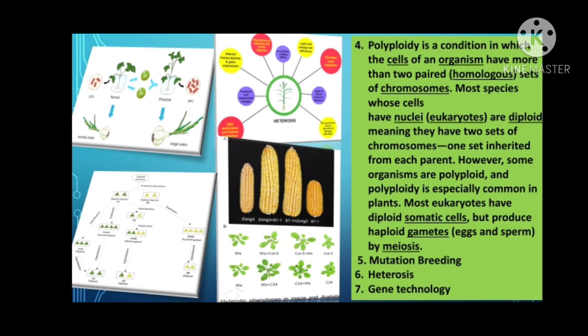Oryzalin also will double the existing chromosome content. Polyploidy in plants. Most of the plants are diploid, that is, they possess two sets of chromosomes. The plant which contains more than two complete sets of chromosomes is called polyploid. Depending upon the number of chromosome sets, the individuals are given different names: monoploids, diploids, triploids, tetraploids, pentaploids and hexaploids.